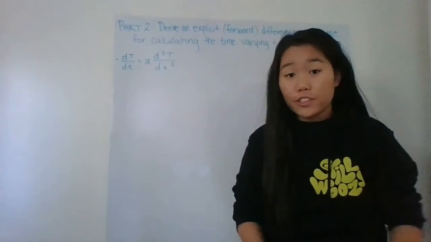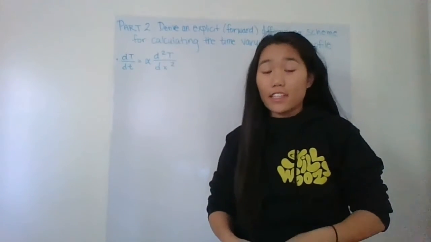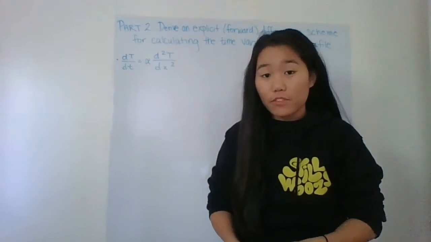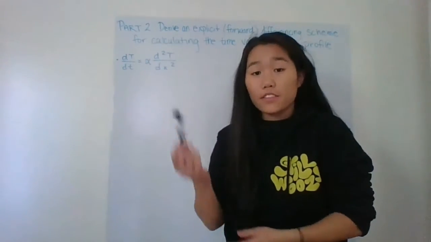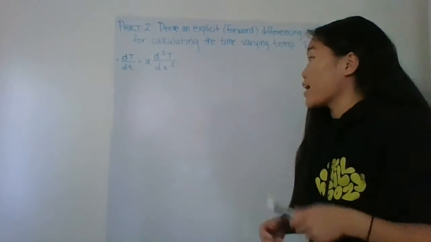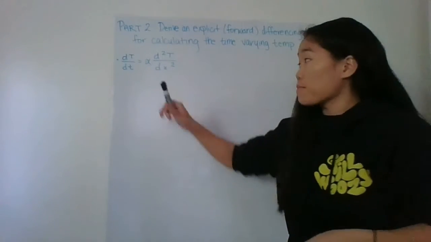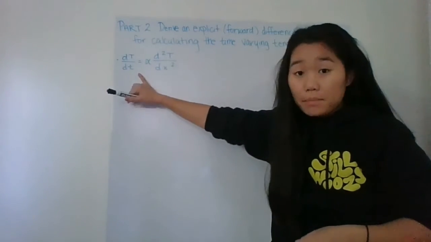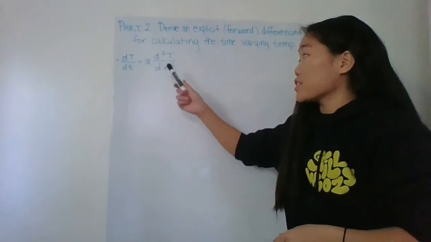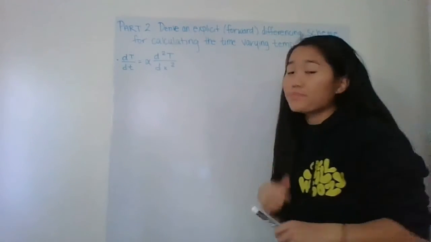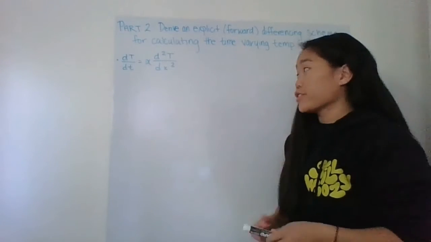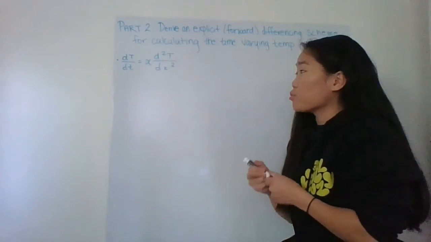This is part 2, where we derive an explicit forward differencing scheme for calculating the time-varying temperature profile. And for this, we are going to start at a partial change in temperature over a partial change in time is equal to alpha times the change in temperature over a change in position squared. And this is our heat diffusion equation. So we can rewrite this to be